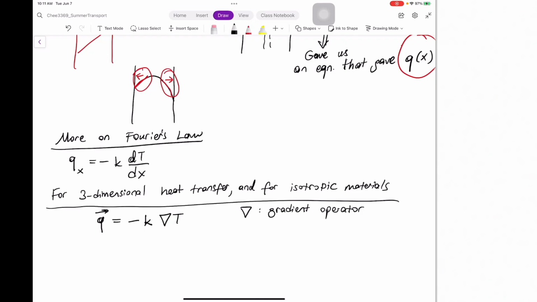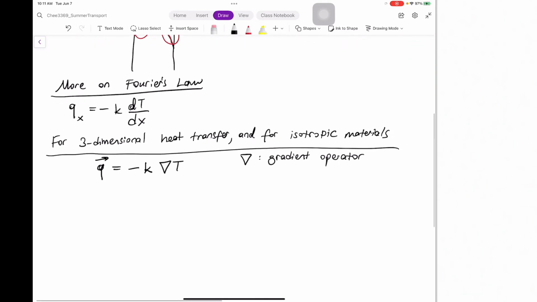This is a reminder, by the way. You're supposed to know it from your calculus classes. And just as a reminder, in Cartesian coordinates,